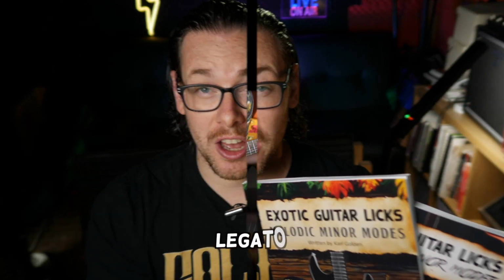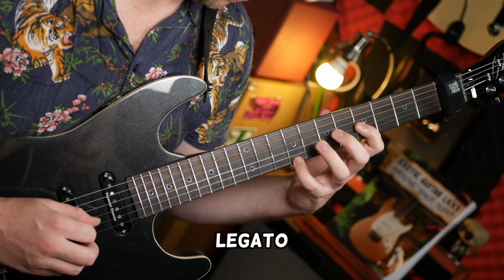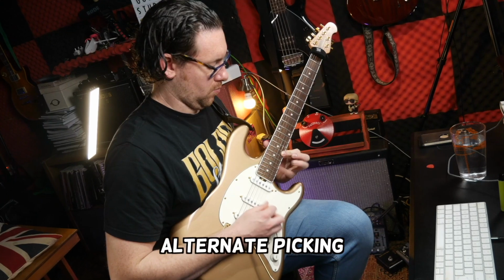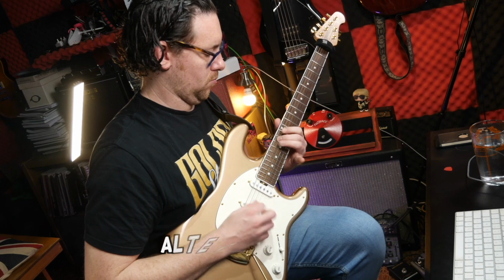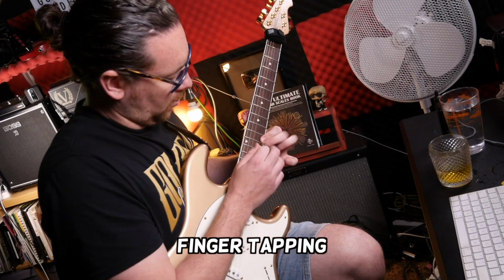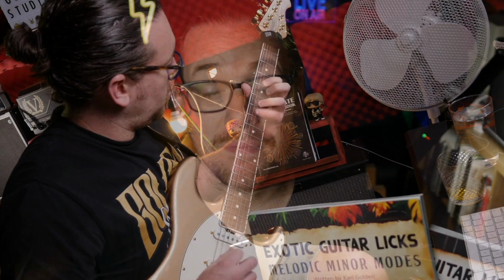Each of these books contains 70 mini etudes for you to learn that help you learn each of the different modes using a variety of techniques such as legato, sweep picking, alternate picking, economy picking, finger tapping, and much more. You'll find 10 different mini etudes or licks for each of the different modes in the books,